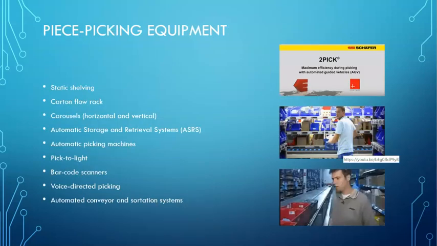The piece picking equipment is either static, where the order picker needs to go to the shelf to pick the item, or an automated system that will bring the item to the order picker. This slide lists some of the most used equipment or shelving methods, such as static shelving, carton flow rack, the carousels, horizontal or vertical, the automatic storage and retrieval system, the automatic picking machines, the pick to light, where when the light is on or green, then pick, when it's red, don't pick,